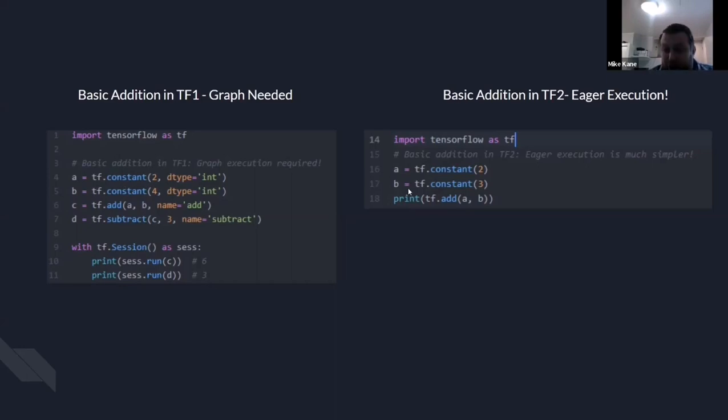Now in TensorFlow 2, which is, again, the native TensorFlow you have now, if you're pip installing TensorFlow or conda installing TensorFlow, you're getting TensorFlow 2, okay? This is the one on the right here, where I can still declare these as constants. I can also just put them as numbers. I can just go like 2 and 3, and I can do tf.add(a, b), and it will run it, right? And this is something called eager execution, which if you didn't play around with TensorFlow 1, doesn't seem that important to you. But if you suffered through graph hell in TensorFlow 1, you're very excited about this.